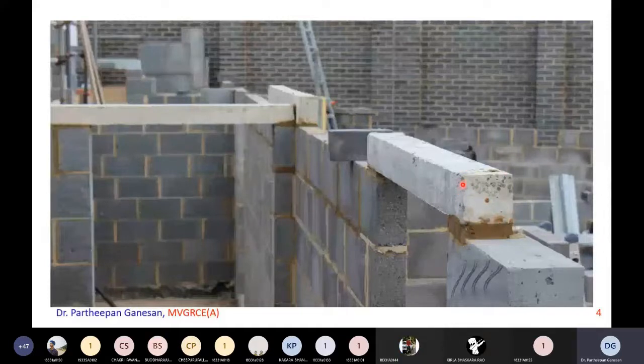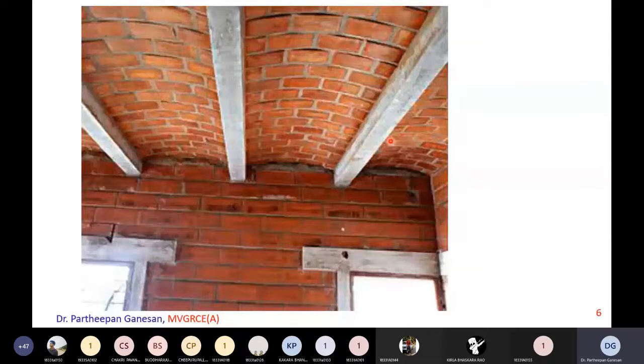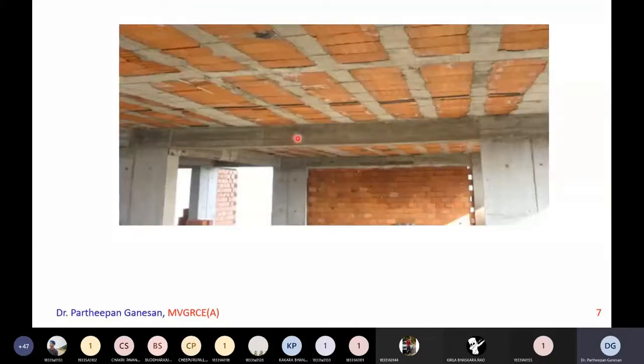When we say rectangular or T-beam, it is only with respect to the cross section of the beam. So the cross section you see is a rectangle or square, whatever. Similarly, this beam and this beam, all these are rectangles only. This is also a rectangular beam, and this is a rectangular roof beam, where the roof is done with brick, but the beam is our concrete beam, which is a rectangular beam. Again, this is also a rectangular beam, because this slab material is completely different. So this is a beam of rectangular section.